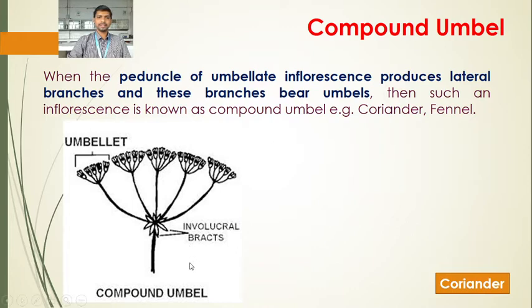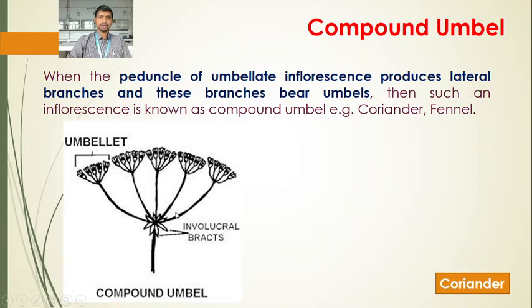So what happens here, this peduncle gets divided into many branches, so the lateral branches arise, so the inflorescence we say is a compound inflorescence. Here is the example of compound umbel, and each lateral branch bears the pedicellate flowers having equal length of the pedicel. The flowers arise at the same point, so this type of inflorescence is a compound umbel.